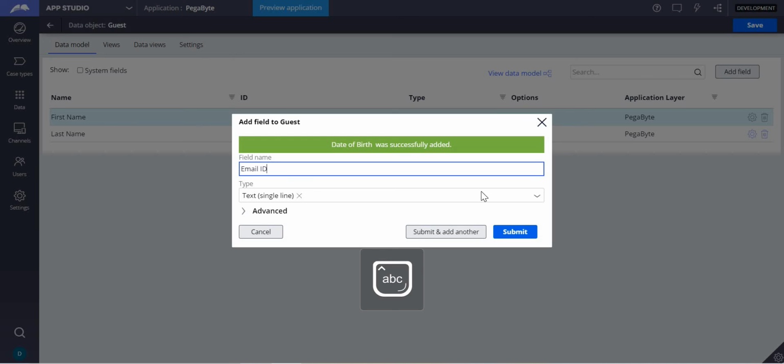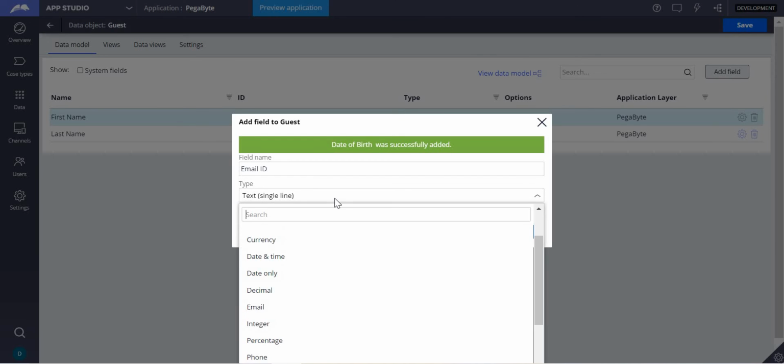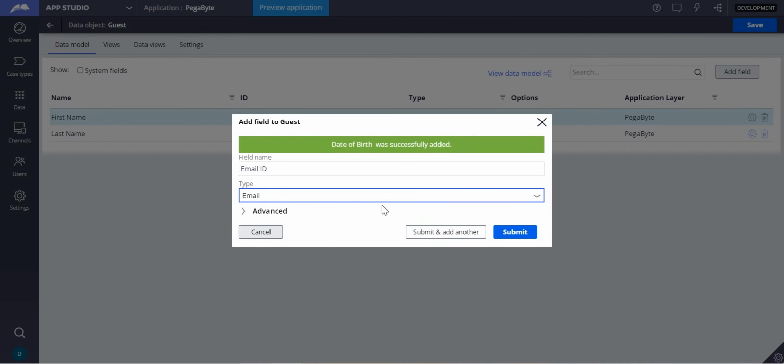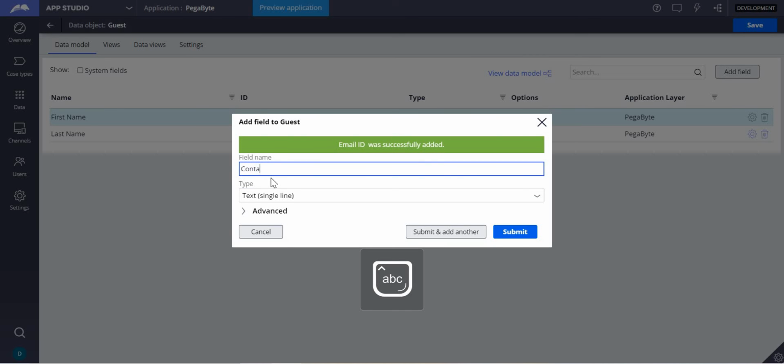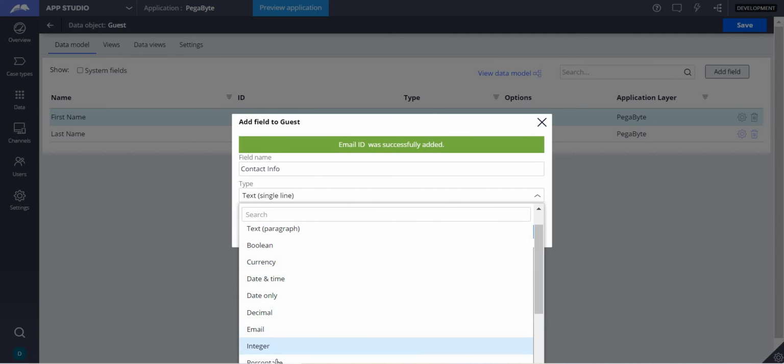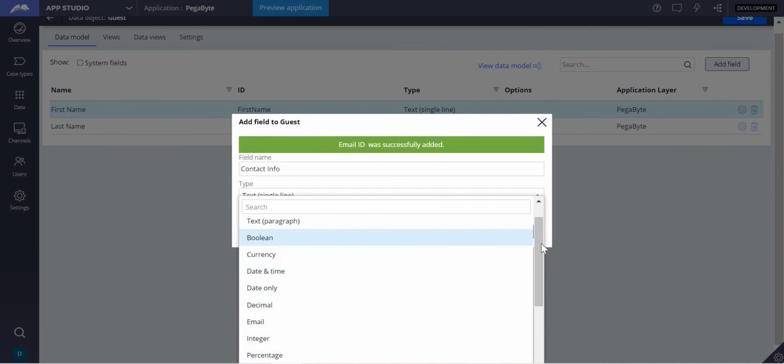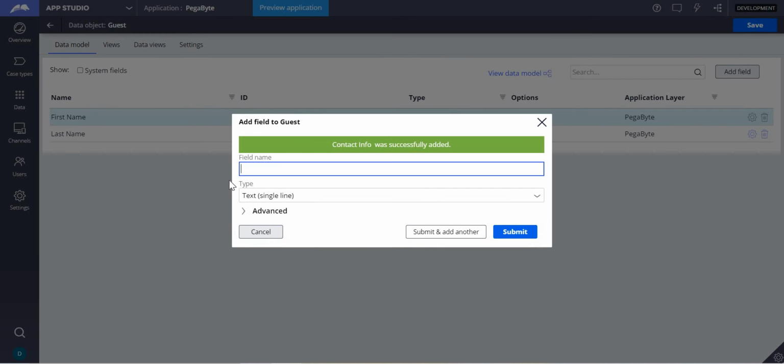What should email ID be? Email ID should be of type email. Let me check, yes, email is there, and submit another. I'll take contact info also, which will be phone. Let me take phone, and then I'll add location, from where this guest is coming.